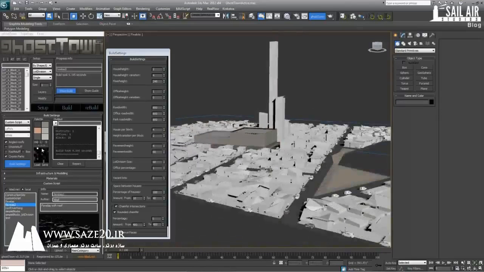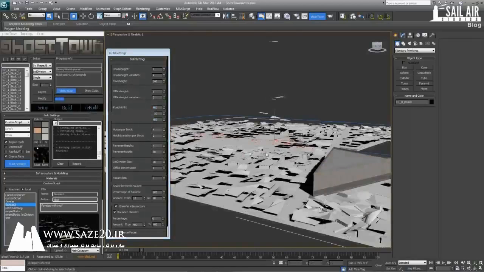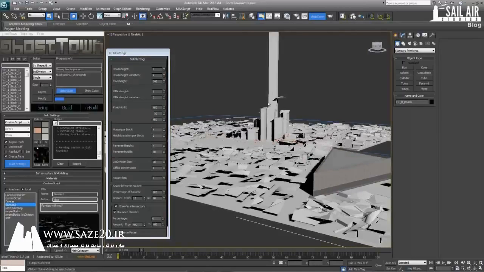So what we want to do is hit custom script, favelas 2, turn off street stuff and roof stuff, and favelas don't usually have very large roads. So we'll hit all the roads down to 400, and we don't really want any office buildings, so one's good enough. We'll rebuild, and as you can see, there's an office building there, a really high-rise building that's in